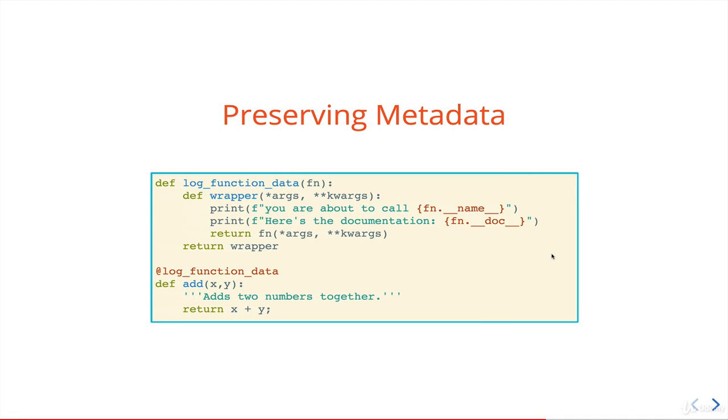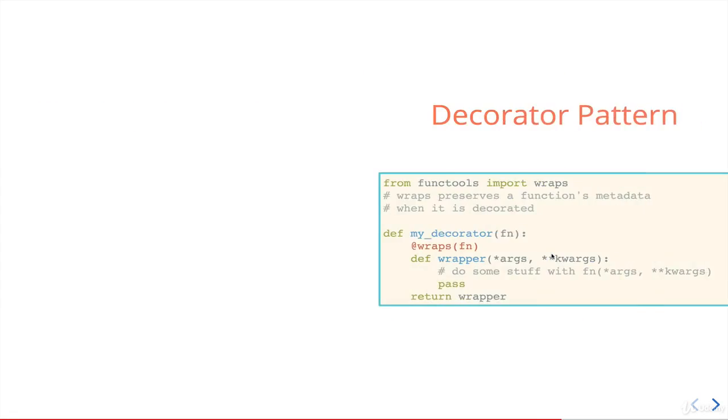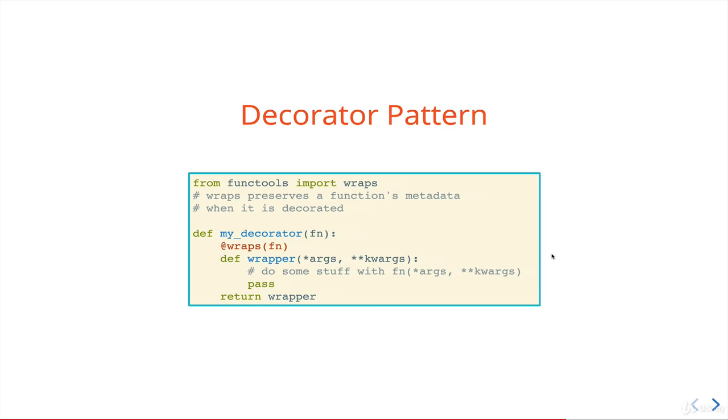But fortunately for us, Python to the rescue. There's a simple way of preserving metadata. There's a module called functools, and from it, there's something called wraps. And wraps is simply a function that we use as a wrapper function around our wrapper function. And it makes sure that all the attributes in the function that were decorated aren't lost by the decorator.